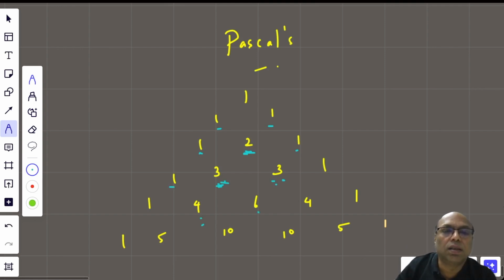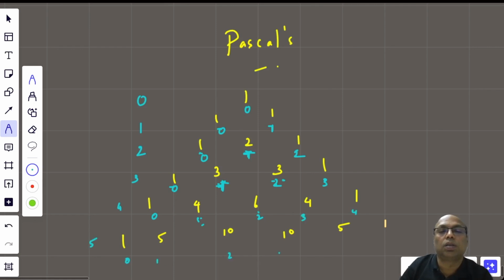This is the 0th row and 0th column. You should actually see it as the first row, but I put 0. This is the first row: zeroth column and first column. This is the second row: zeroth column, first column, and second column. This is the third row: zeroth, first, second, and third column. Fourth row: zeroth, first, second column, and so on. Fifth row: 0, 1, 2, 3, 4,